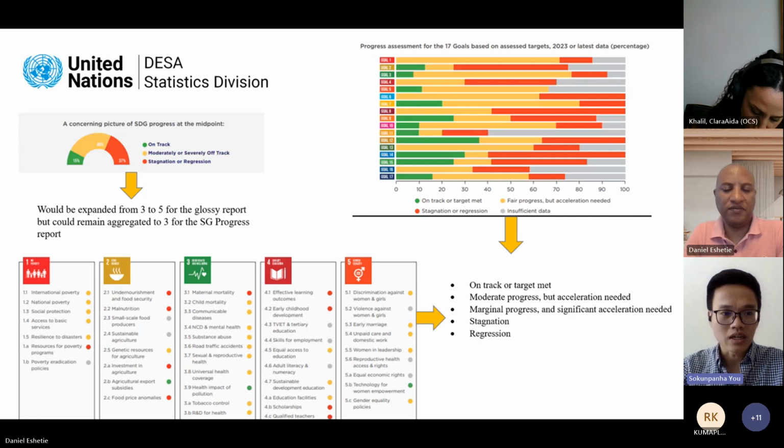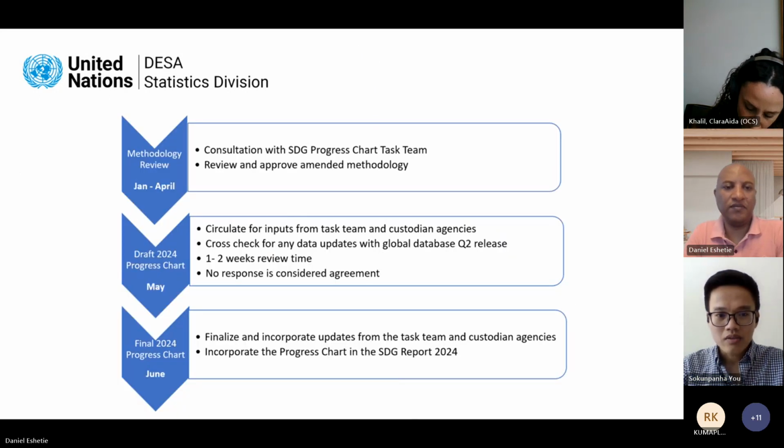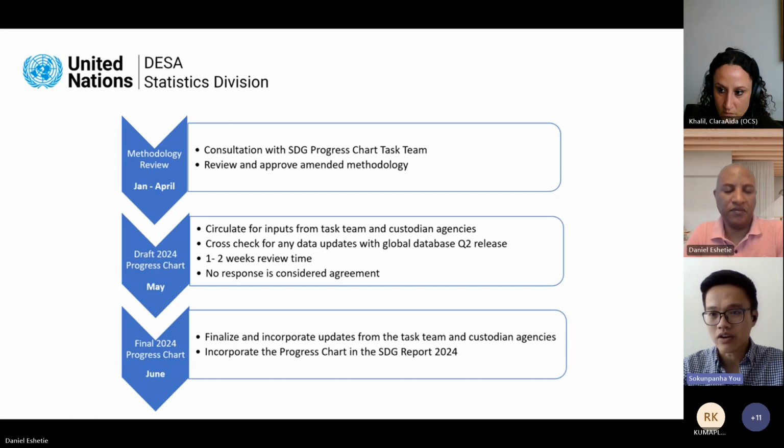But in the previous slide, Daniel, if you have any objections or comments or feedback, please get back to us with a very clear rationale why. And also keep in mind that this assessment is based on the methodology that UNSD has proposed. So if your objection is based on the difference between our assessment and yours, which may be based on a completely different methodology, I think that would be insufficient reason to change our assessment.